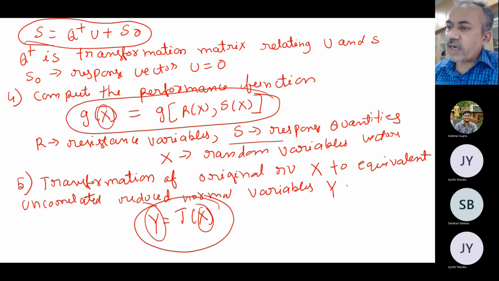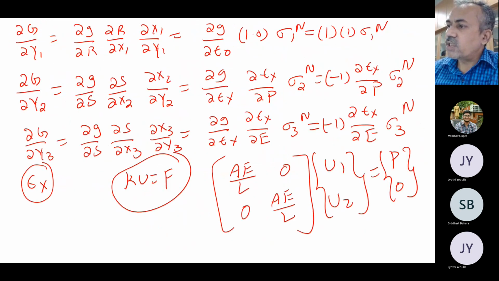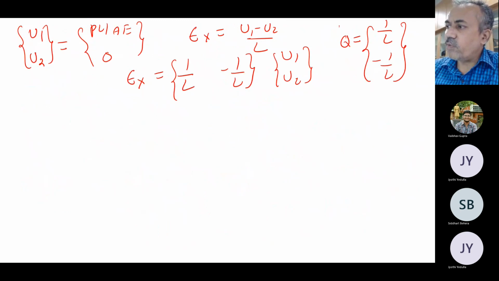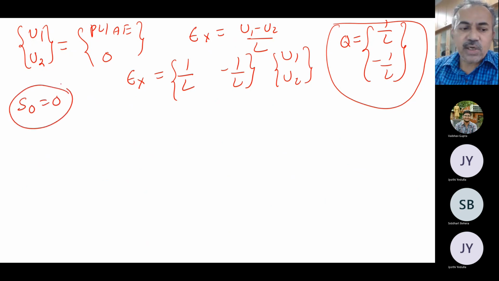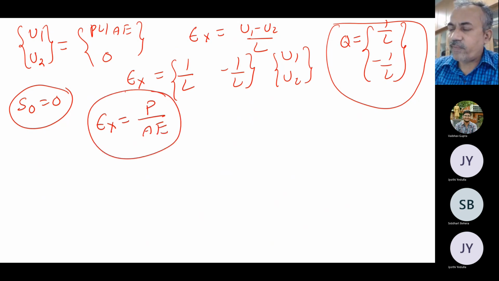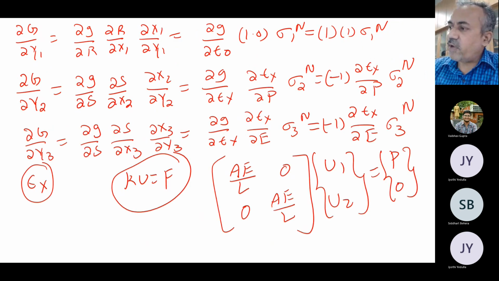If you write in a general finite element program, we write like this. Stresses also you can write like this. So this is my strain matrix. So we write Q transpose into U. And of course, the initial strain anyway is 0. So by using this method, epsilon x turns out to be P by AE actually. So this is how we get it. Very straightforward only, but in a finite element, you have to do all the steps, and these steps are the same for any problem itself.